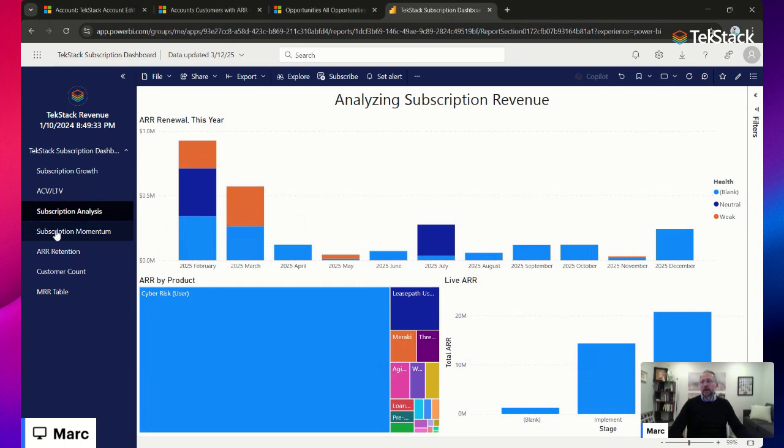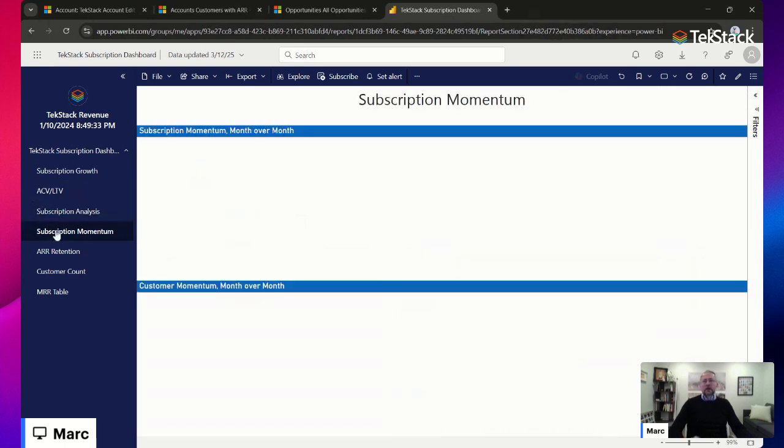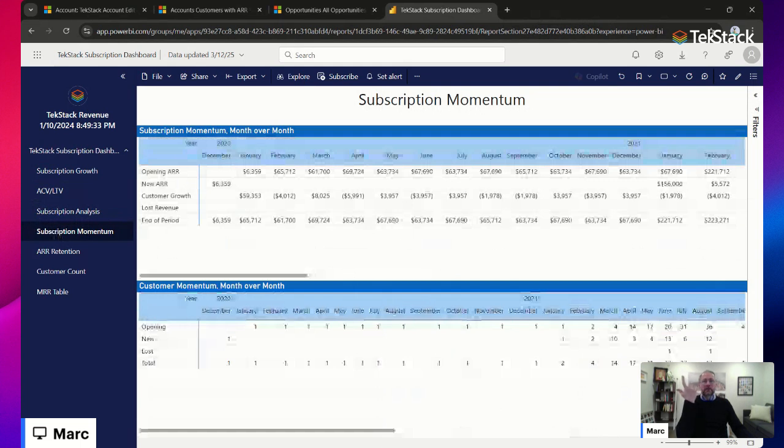This is just Power BI, right? We built all the Power BI stuff. Subscription momentum, this is basically deferred revenue each month. Ideally you would turn this into a general ledger entry, or if you're using our integration to Business Central, we do it automatically. This is where that breaking down of a $120,000 a year subscription into $10,000 a month, the number of customers, prorating the first and last day of the month, all that kind of stuff, happens.